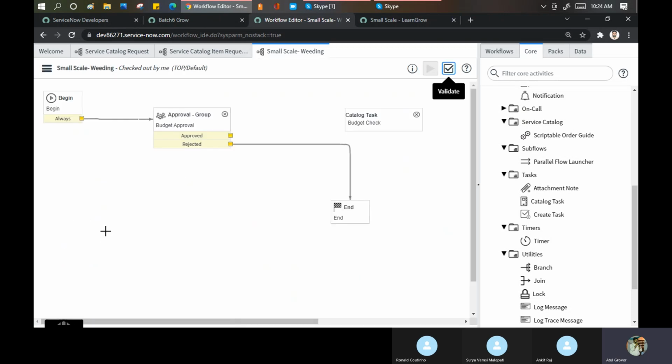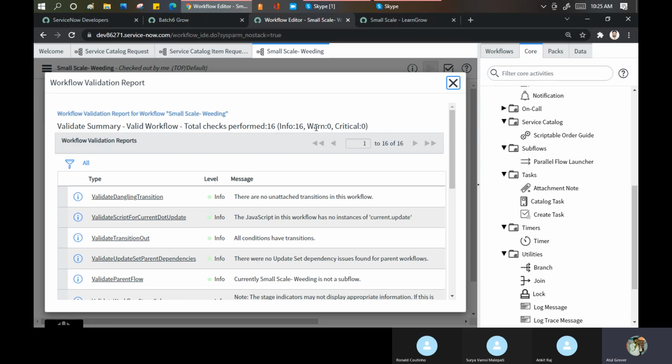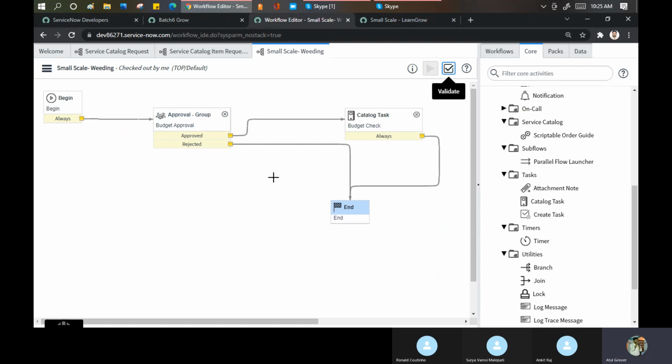Same fundamental. If you now do the validation, it will again give you the error. So I say if it is approved, create a catalog task. If catalog task is done, then end my things. Now if you validate, 0 will be there. Because you defined the input and output for all the activities. It can be wrong, it can be right. ServiceNow is not bothered. He's bothered only that you define in and out, that's fine for me.